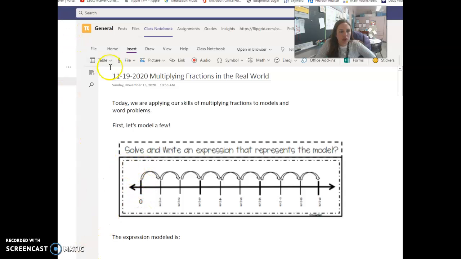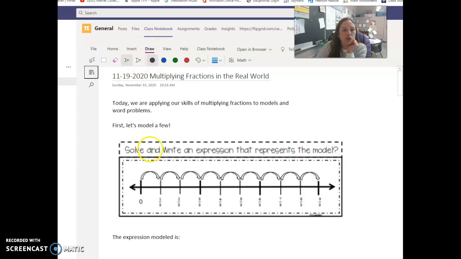So let's count. Let me get my draw tool and we're going to count how many times we have added 1/3 together. 1, 2, 3, 4, 5, 6, 7, 8, 9. So we have added 1/3 together 9 times. So we could say 9 times 1/3 is